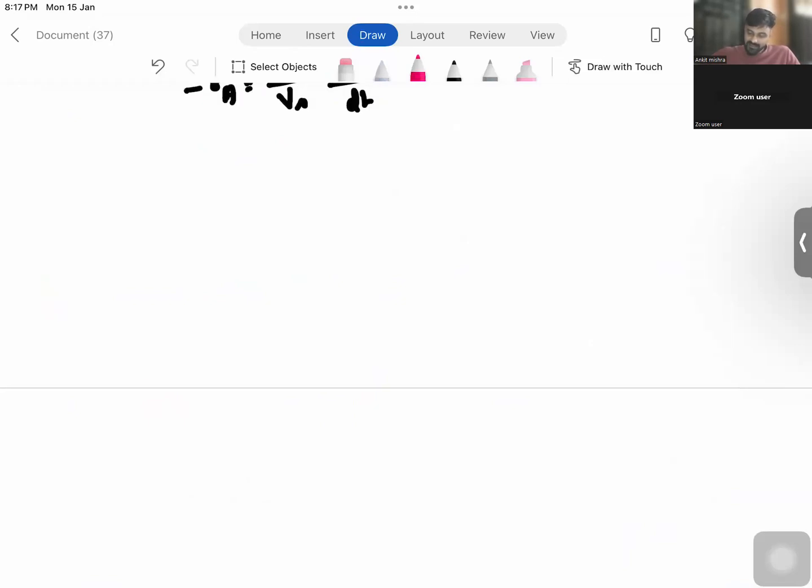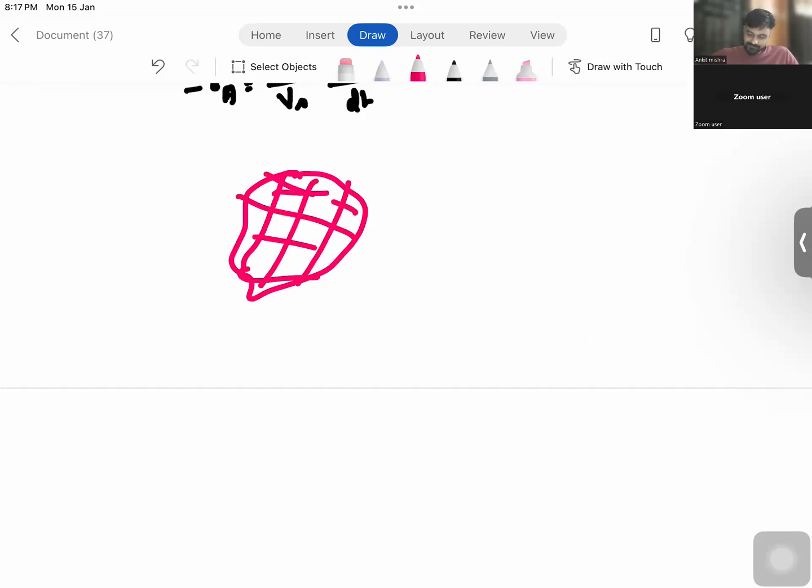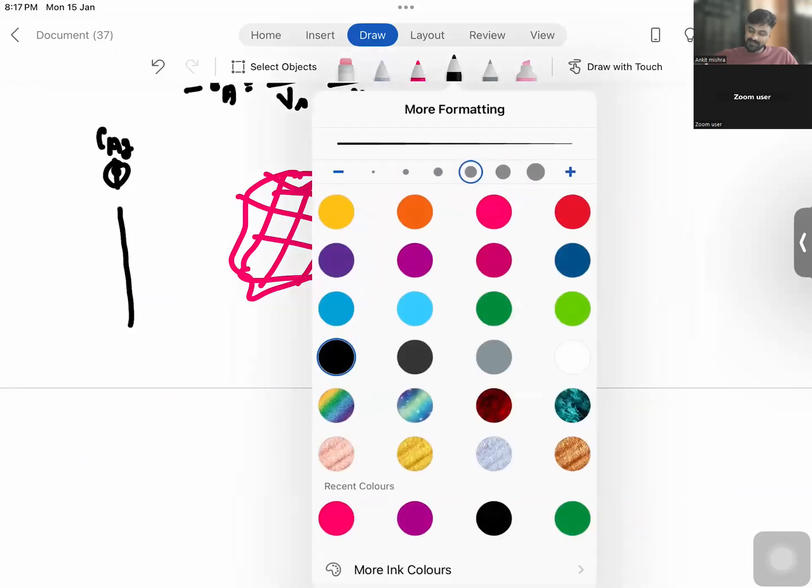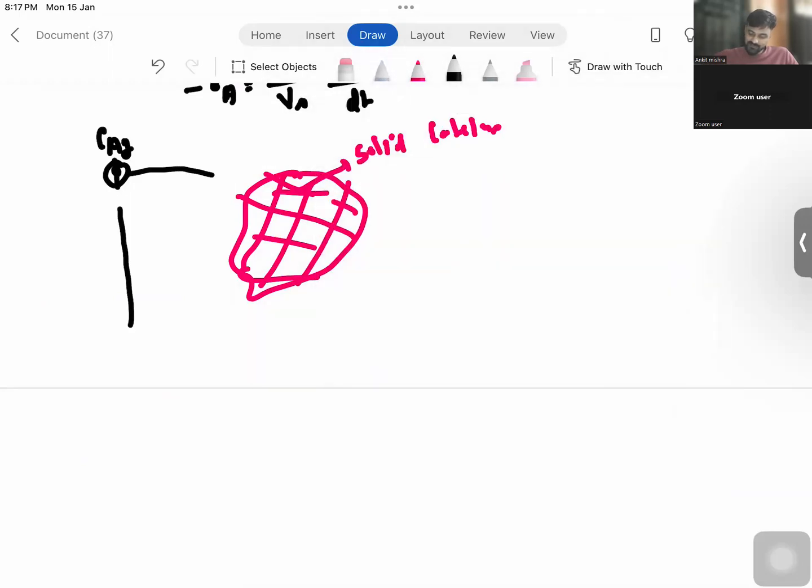So what happens here? Let's say there is a catalyst, right? There will be a solid catalyst, right? So what happens? Reactant over here is in the bulk phase, let's say in the gaseous phase. So the concentration of reactant in the gas phase, which is in the bulk, is CAG. And now this reactant has to diffuse from this bulk phase to the surface of the catalyst. So here I am assuming the concentration of reactant at the interface is CAI,